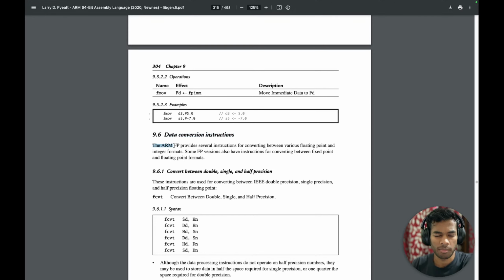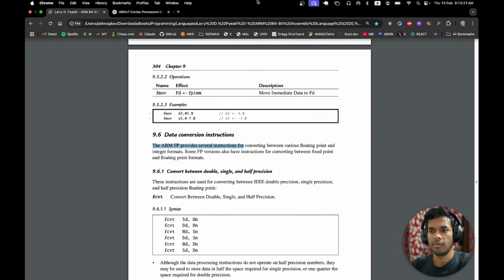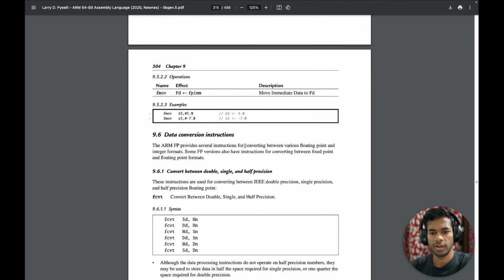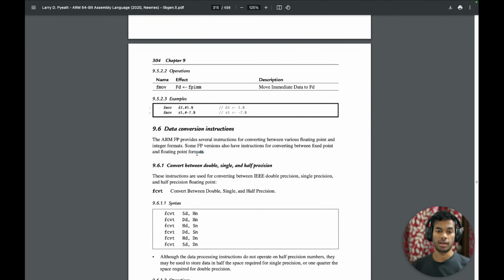Now, the ARM floating point unit provides several instructions for converting between various floating point and integer formats. Some FP versions also have instructions for converting between floating point and floating point formats. Okay, I can change the floating point format, like single precision, double precision,